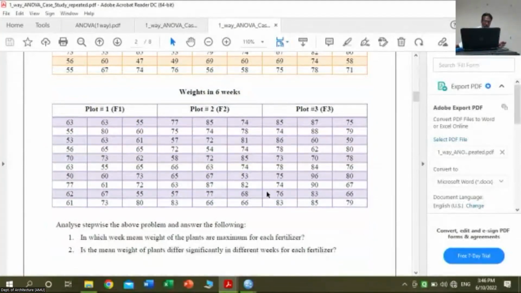ये है। सेकेंड, इज मीन वेट ऑफ प्लांट डिफर सिग्निफिकेंटली इन डिफरेंट वीक्स विथ ईच फर्टिलाइजर, तो मीन वेट ऑफ फर्टिलाइजर 0 वीक पर फर्टिलाइजर यूज नहीं कर रहे हैं, और आफ्टर 3 वीक्स इज देयर एनी सिग्निफिकेंट डिफरेंस विथ रिस्पेक्ट टू मीन वेट ऑफ प्लांट, 0 वीक में, 3rd वीक में, 6th वीक में ये डिफरेंट है कि नहीं, ठीक है। तो ये 2 प्रॉब्लम्स हैं, इसको जो केस स्टडी है इसको हमको डिस्कस करना है, कैसे हम एनालाइज करेंगे।